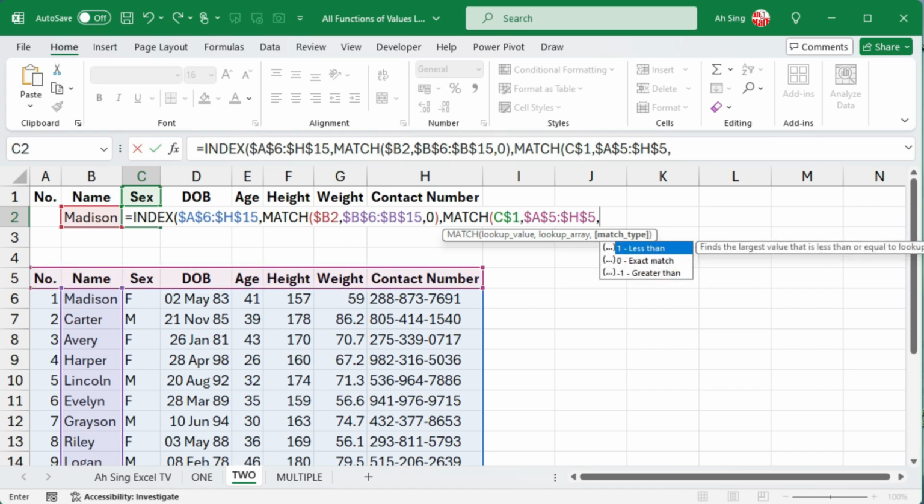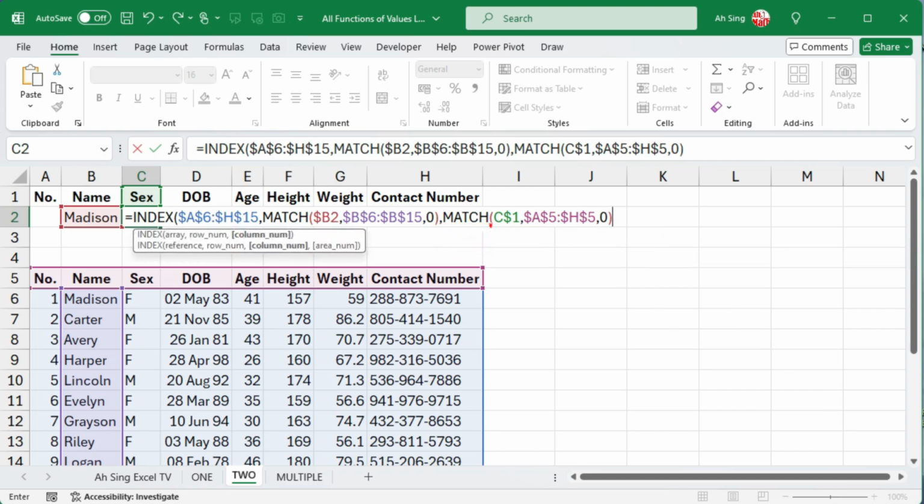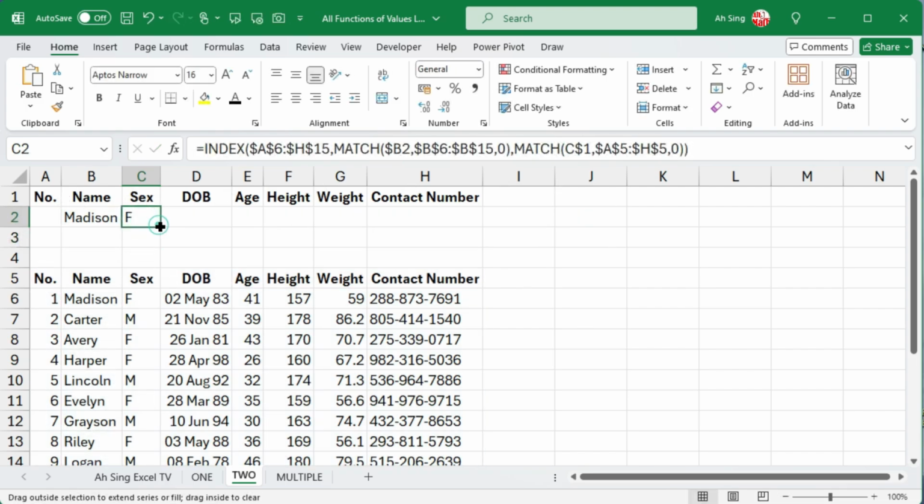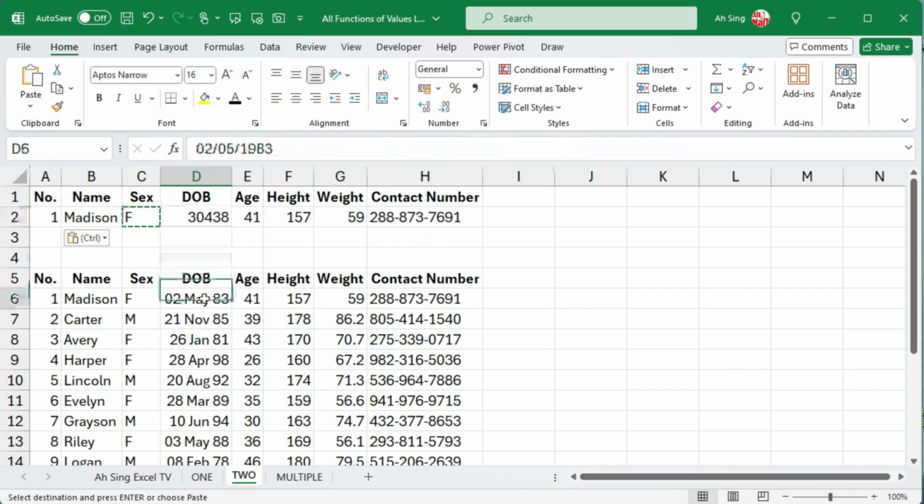Also put a 0 for an exact match, and close this match function with a parenthesis and the index function with another parenthesis. Press Enter, select the cell, drag or copy for all other required cells, and we should obtain